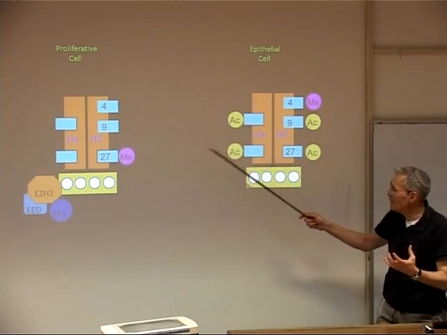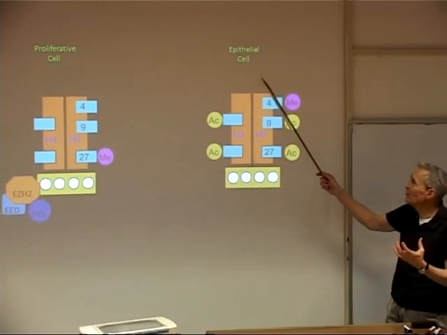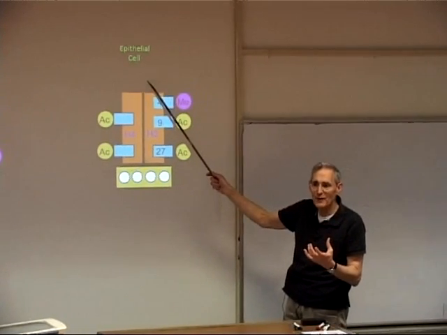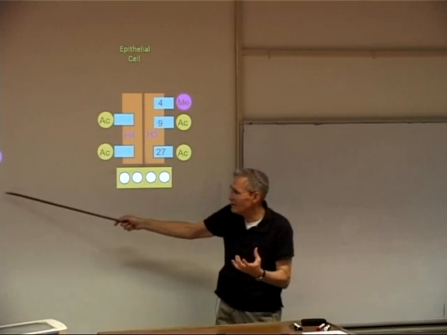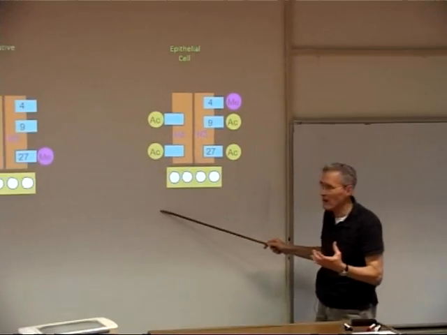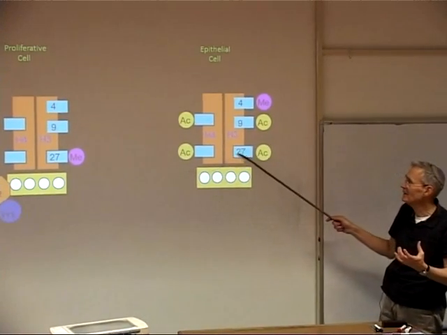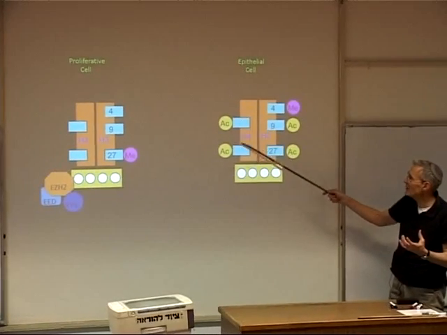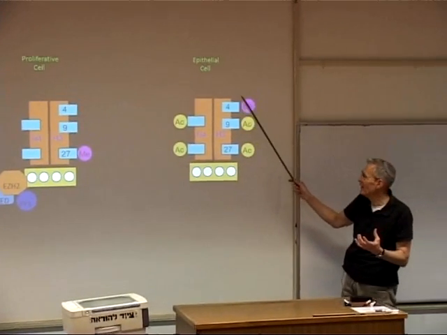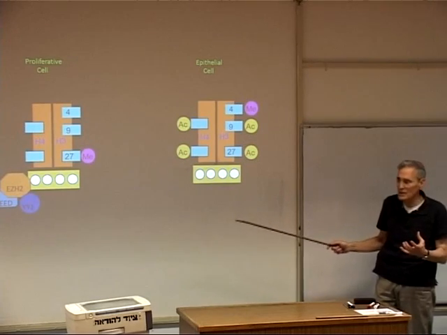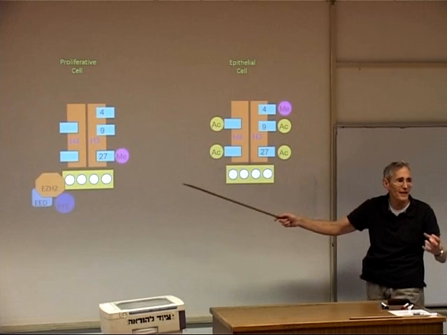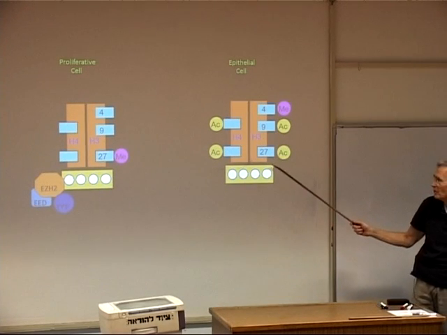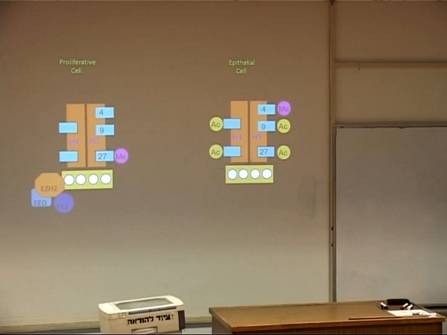Some of these genes are used for differentiating to the epithelial cell type. So those genes now lose their polycomb, they get activated. The histones get acetylated, lysine 4 gets methylated. This gene is now active. So this is what normally happens to these genes that are involved in the differentiation of colonic tissue. Our hypothesis is